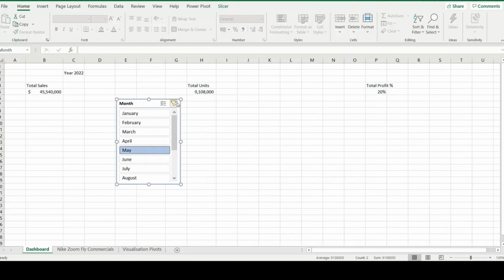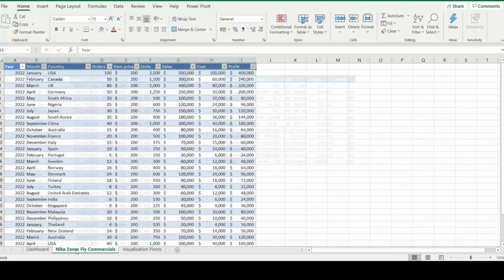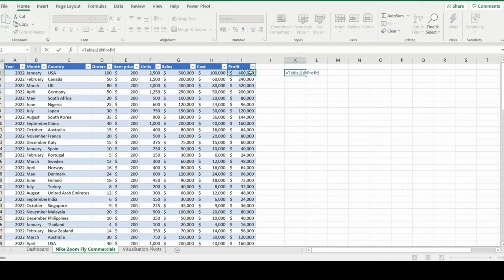What if the profit had to change in the raw data? In this instance, let's say you had to overhaul your raw data, you'd go to the, as you can see here, these are the profit numbers. If you had to update your profit, it has to be different in terms of overall. Maybe for a few regions here, you want to decrease the profit. Let's say we go over